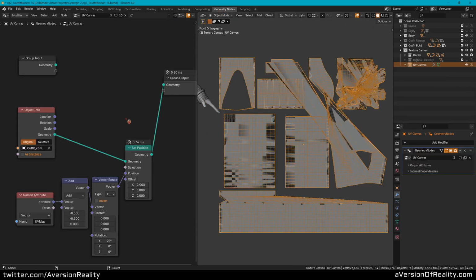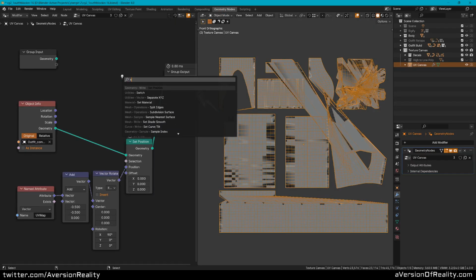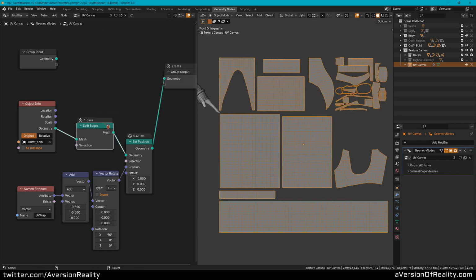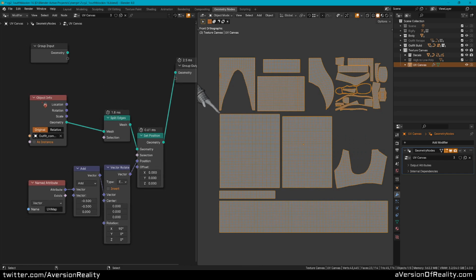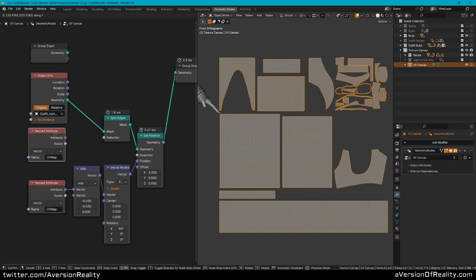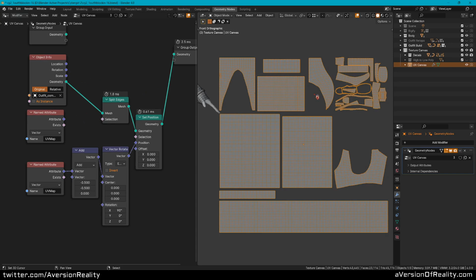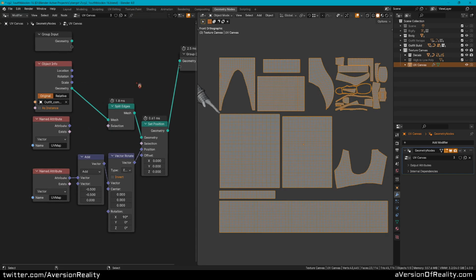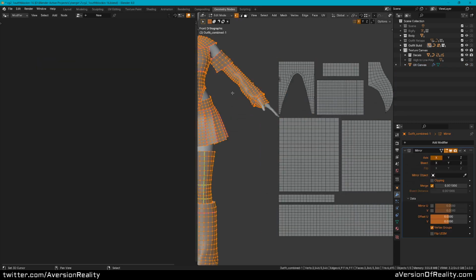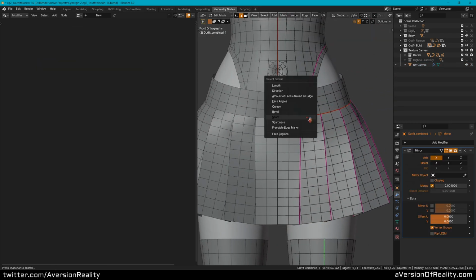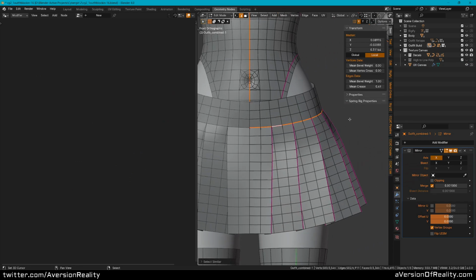Then in geometry nodes, we want to input those and split edges. We can just split the entire mesh with the edge split node, but it's actually really slow. 1.8 milliseconds is slow. So we want to get another attribute and input our seams, except they aren't there. The seams attribute is not actually implemented in GeoNodes, at least not in Blender 4.0. Maybe it'll be in a later version by the time you watch this, but for now, we need to use a different edge attribute. So I'm going to come here and do a Shift-G, select all the seams, and I'm going to mark the bevel weight.